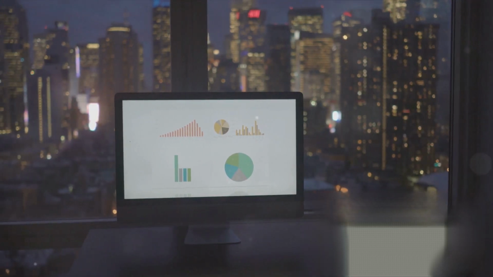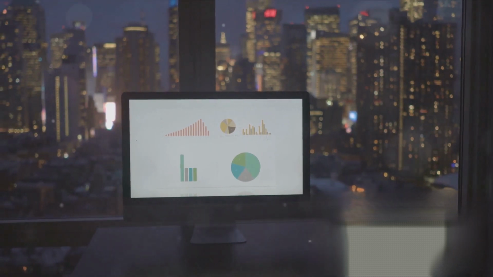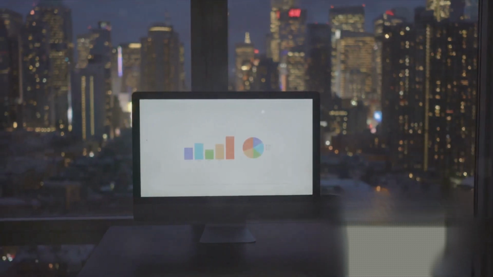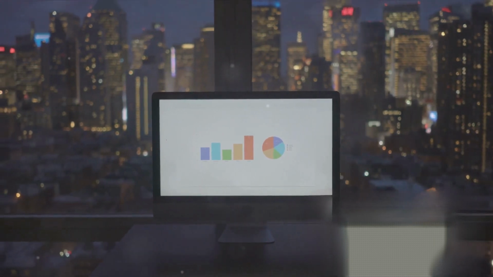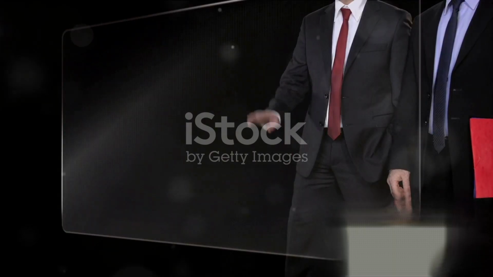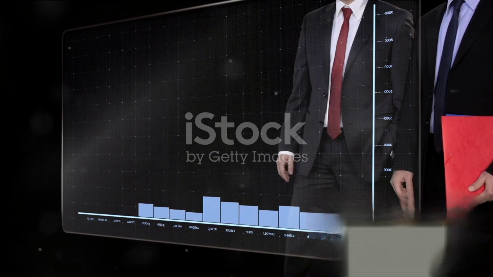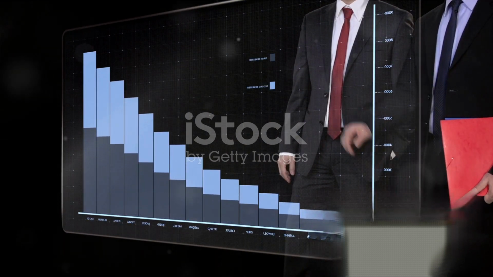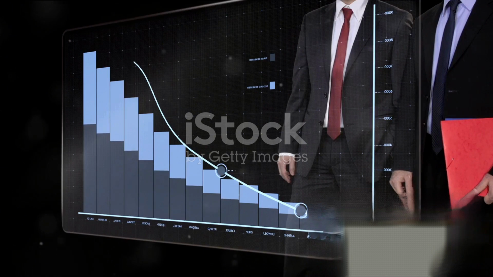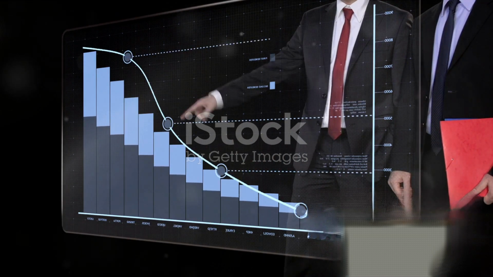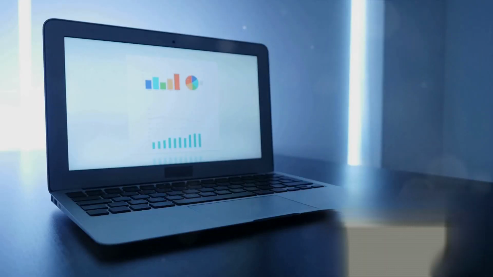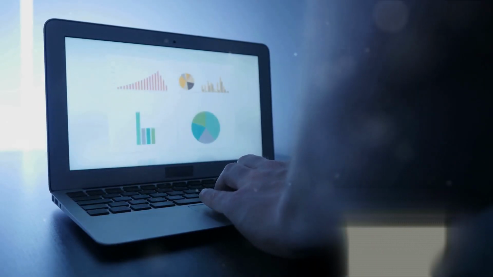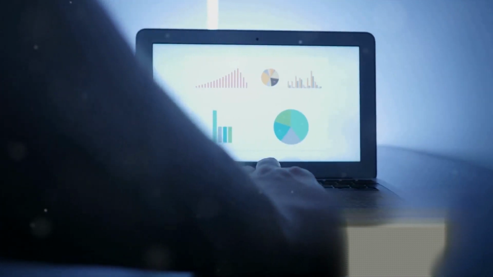Lastly, let's talk about the waterfall chart. This chart type is particularly useful for understanding how an initial value is affected by a series of positive and negative changes. It's often used in financial analysis to visualize how a starting balance changes over a period due to various transactions. To create a waterfall chart, you select your data, go to the Insert tab, and choose Waterfall from the Charts group. And there you have it, a clear and concise visualization of how your data elements cumulatively affect